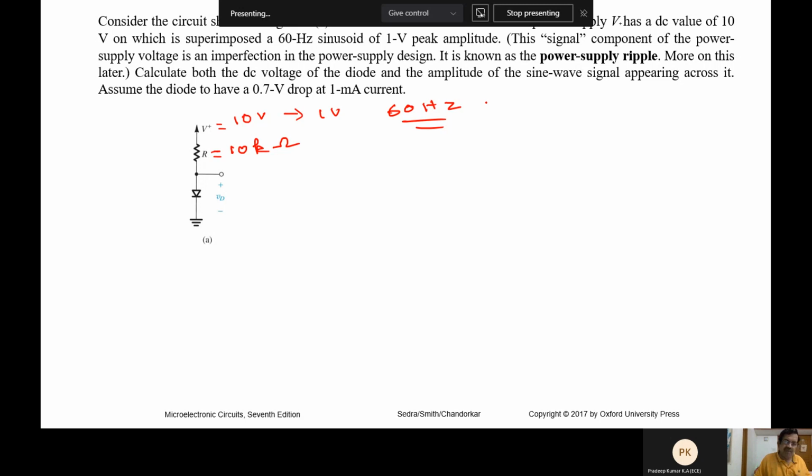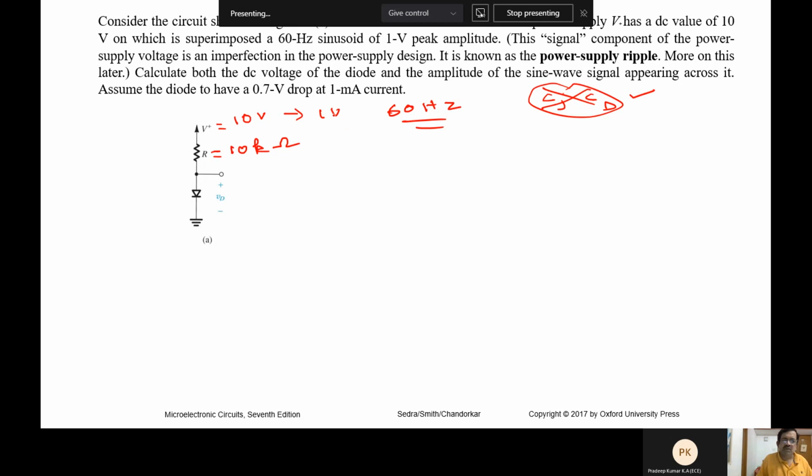But if I want to do the dynamic response of that RD, then I have to bring in the CJ. CJ is the junction capacitance, and then CD, the diffusion capacitance. Both of these have to be brought in along with the small signal resistance to perform dynamic response. For now, we are only talking about linear response. I can do it simply at low frequencies with the model that we learned. Just for the sake of completion, I am telling you.